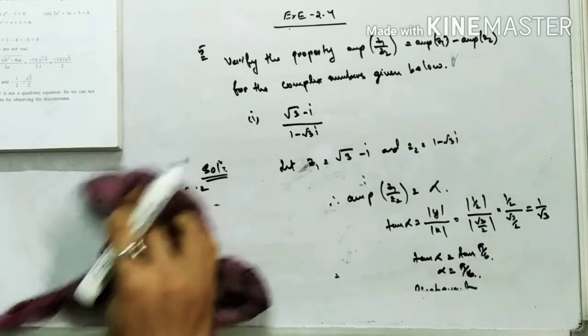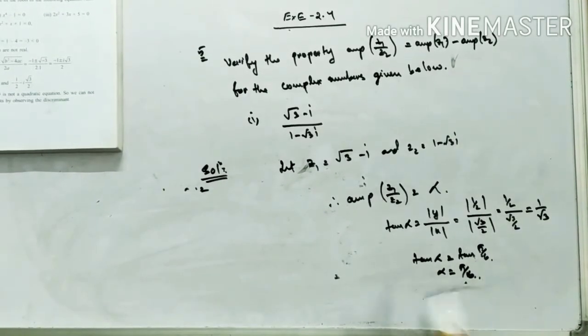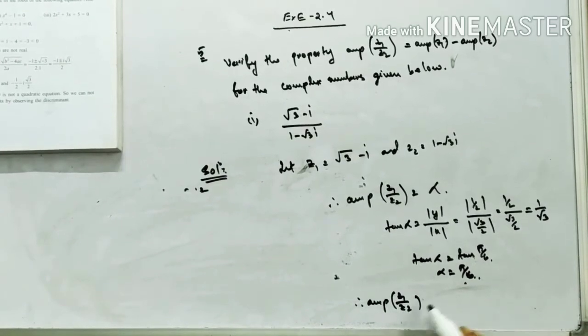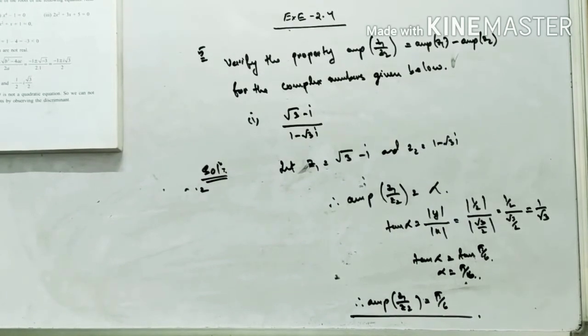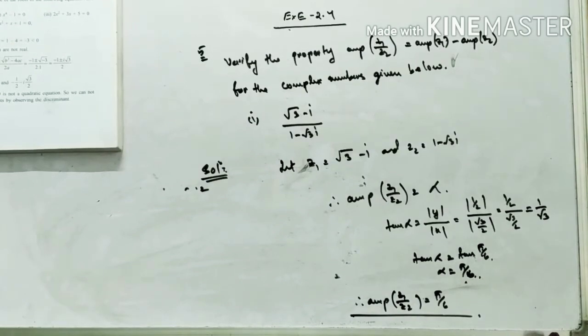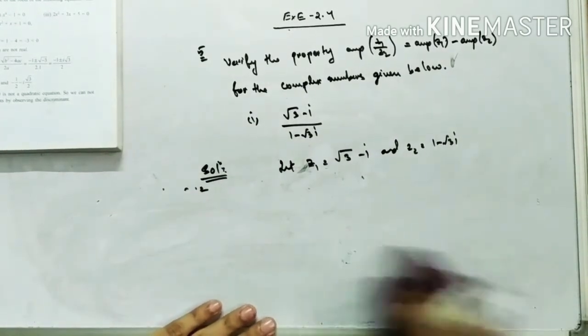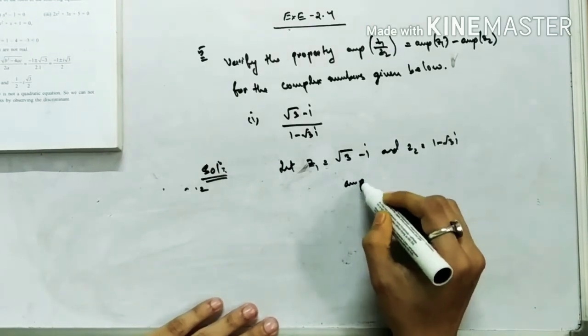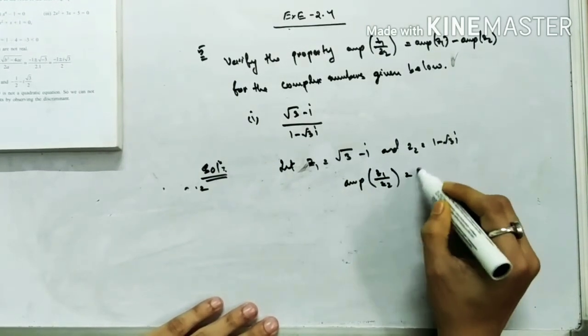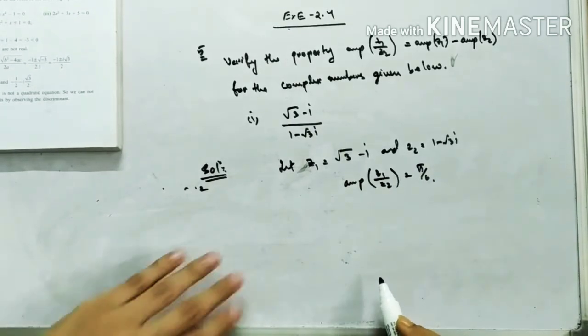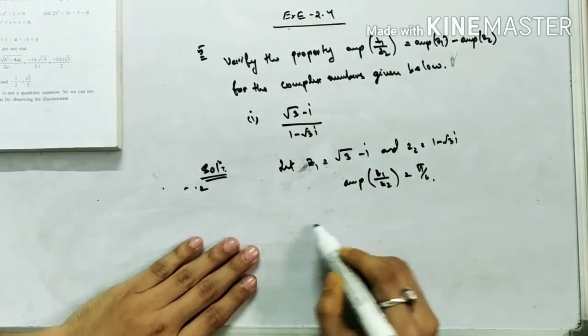So therefore alpha is equal to pi by 6. So therefore I can say amplitude of Z1 by Z2 is equal to pi by 6. Amplitude of Z1 by Z2, this is equal to how much? I got pi by 6. So I will write amplitude of Z1 by Z2 is equal to pi by 6 I got. Now, next you see,